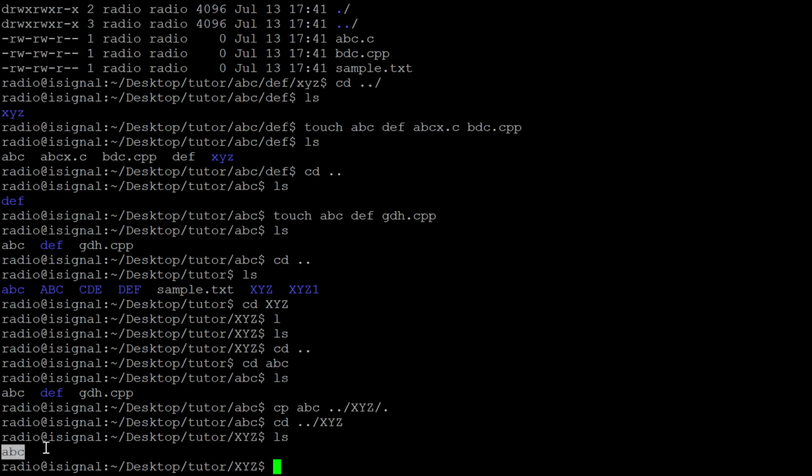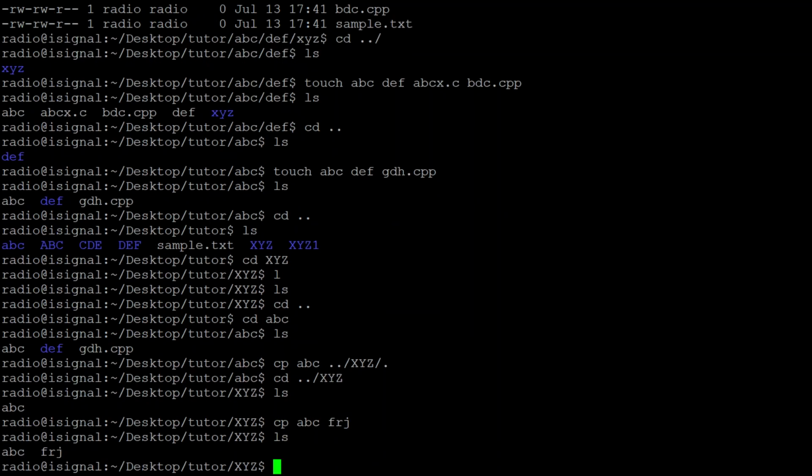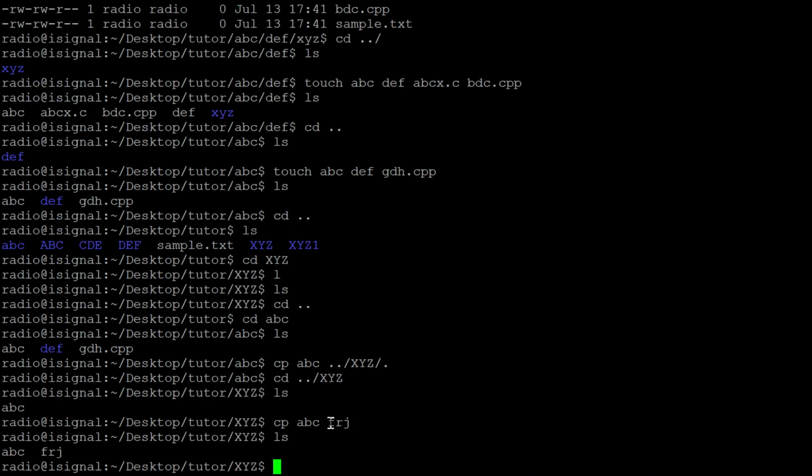So the file is present. So this is how we copy a single file. Or you can copy one more thing, ABC and let's say FRJ. So this is also one file. The difference you can observe here is the main point. FRJ is not a file which is present in this directory. So even if the file name is not present, it is going to copy.